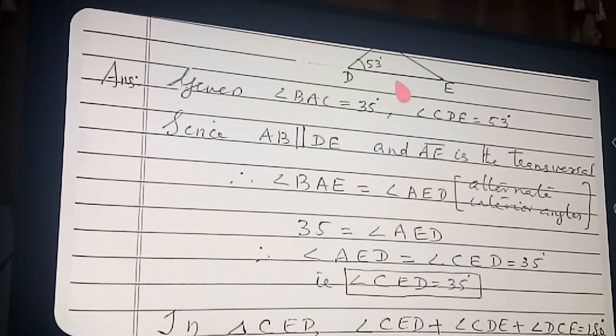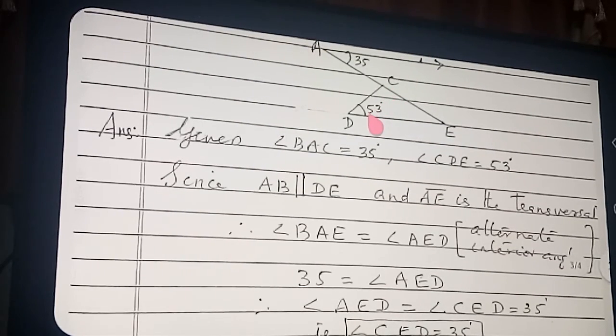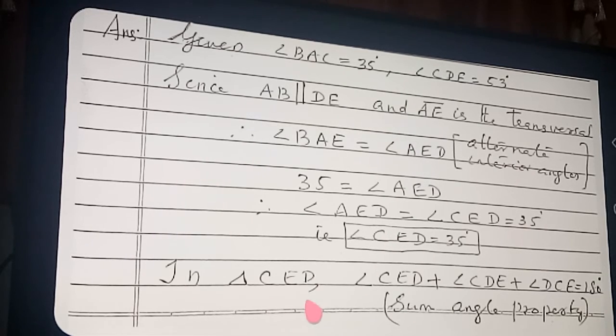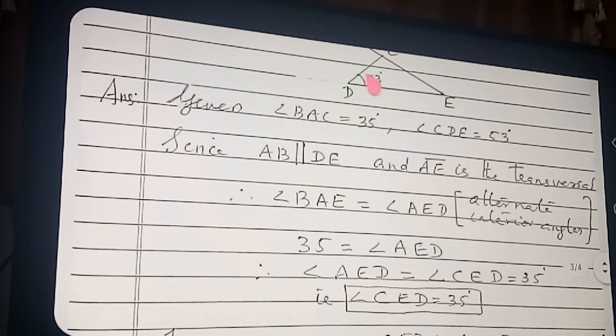Therefore, now see the diagram. Here see, this angle 53 is known, this angle 35 you just found out, and you want to find out this angle DCE. So which theorem will we apply? Angle sum property. Okay. So in the next step you see, in triangle CED, angle CED plus angle CDE plus angle DCE is equal to 180. So properly name the angles. See here, this angle first, name CDE plus angle CED plus angle DCE. Okay, clear?